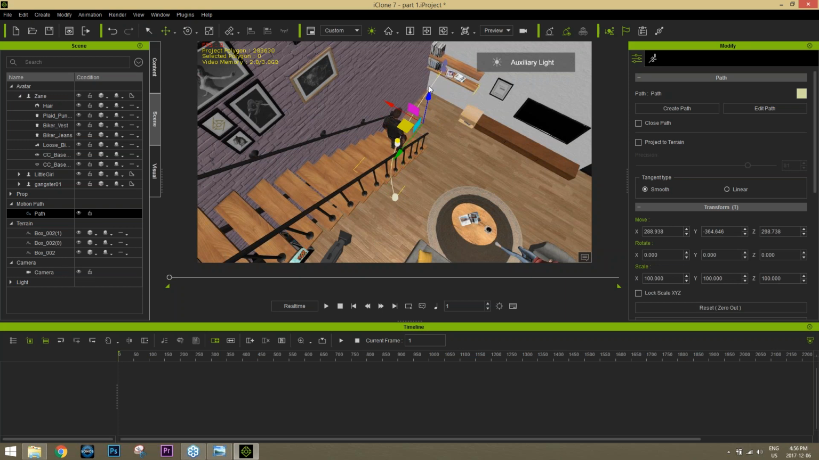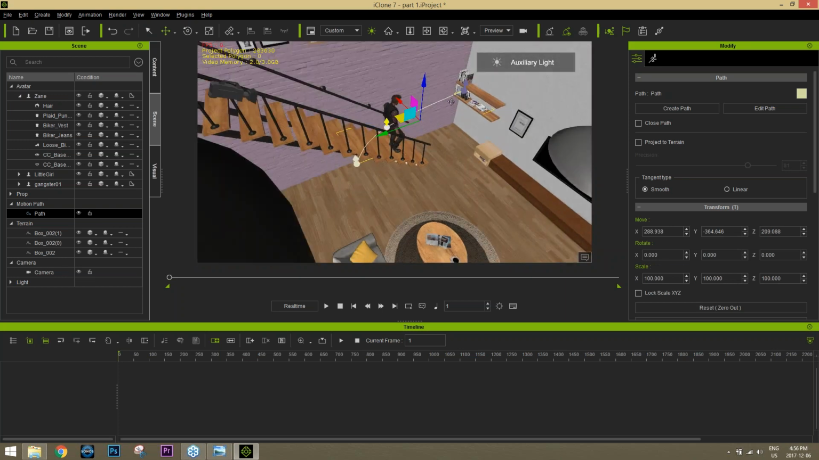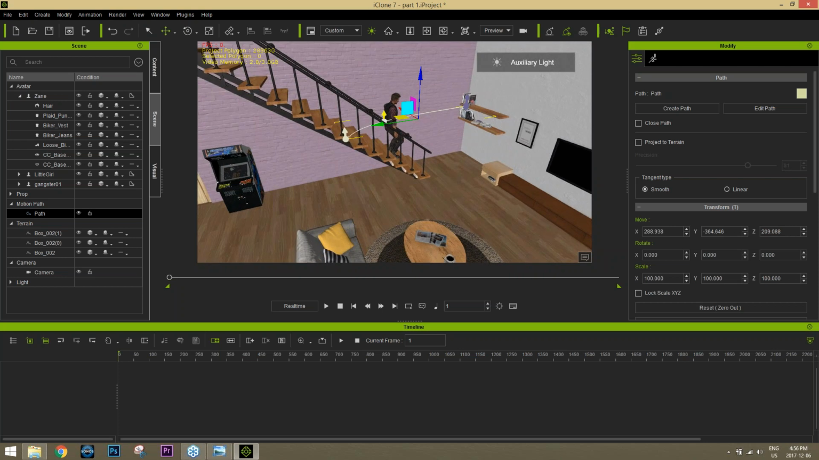So you can see there's our path right there. It kind of goes through Zane at this point in time. All right, we'll just kind of bring it back like this. And you can take each individual marker. If you go to Edit Path, you can select each individual marker and bring them up or down like this,